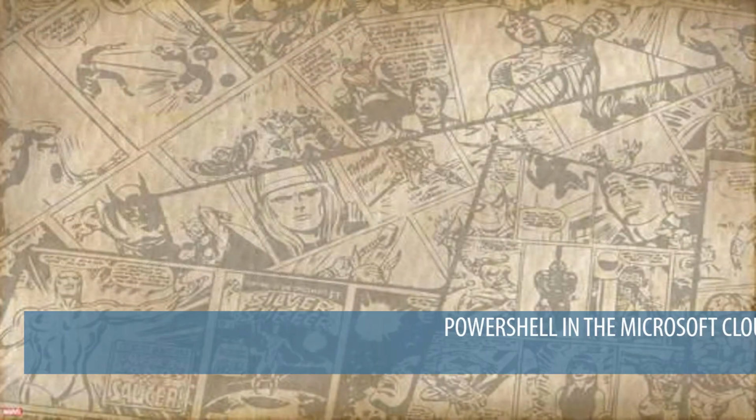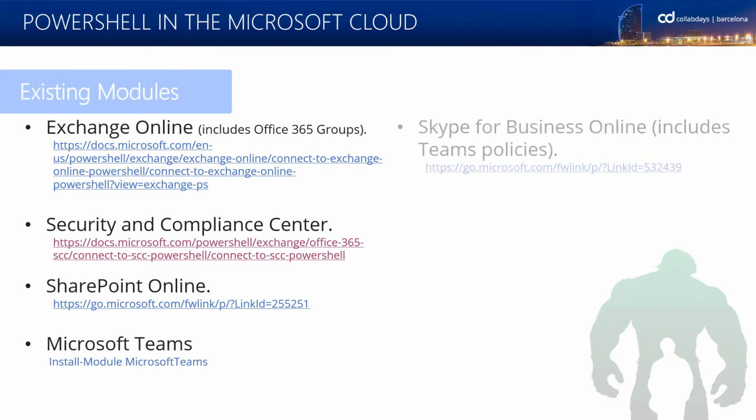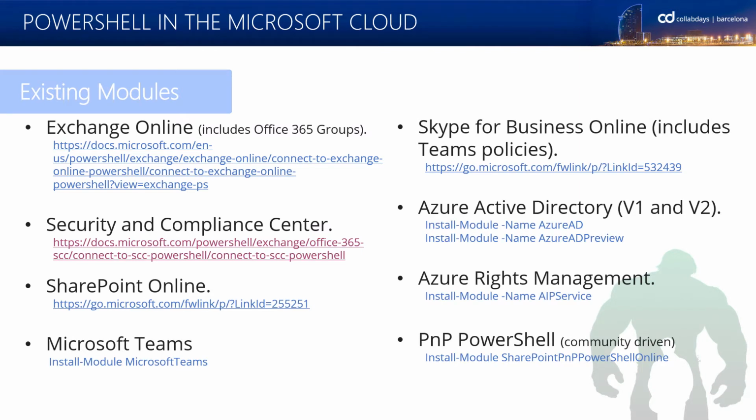So, PowerShell in the Microsoft Cloud. So these are the existing modules. So we have modules to deal with the Exchange. And basically, as most of you already know, Exchange is one of the most important parts within the Office 365. This module in Exchange deals also with Office 365 groups. And we have modules for security and compliance, for SharePoint Online, of course, for Microsoft Teams, Skype for Business. We have two modules for the Azure Active Directory, one module for rights management, and we have also community-driven modules